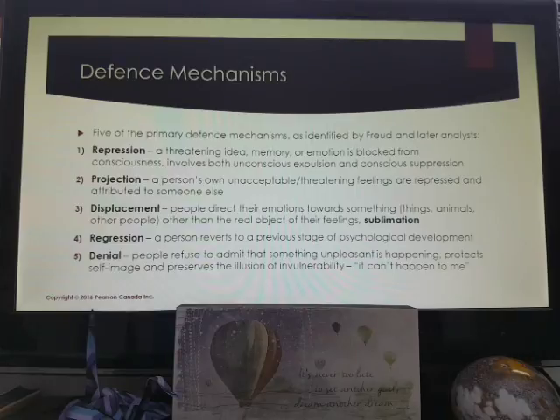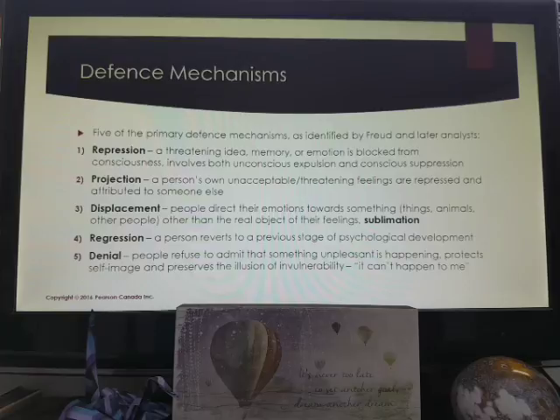There is a case in which displacement can be considered a positive thing. We have a term called sublimation that you see here. Sublimation occurs when displacement serves a higher cultural or socially useful purpose, such as in the creation of arts and inventions. So if you're able to take maybe your aggressive tendencies or your forbidden sexual urges and direct them into painting or writing music or something like that, you basically take those negative urges and direct them into something that is more socially useful, such as the creation of art or some kind of invention that might be helpful to others.